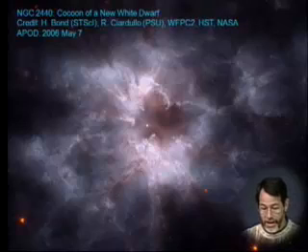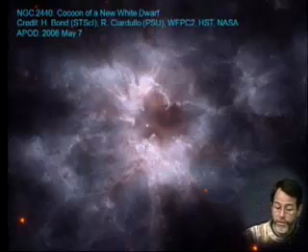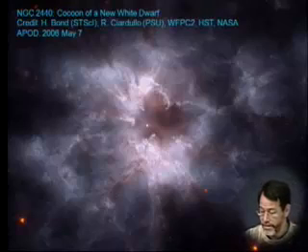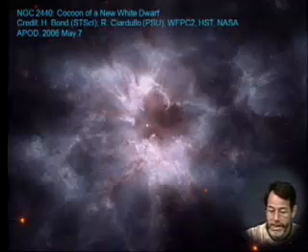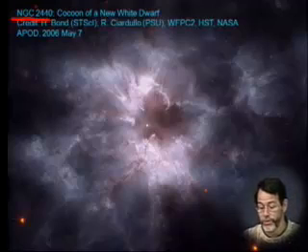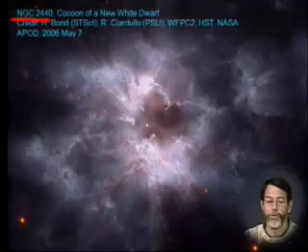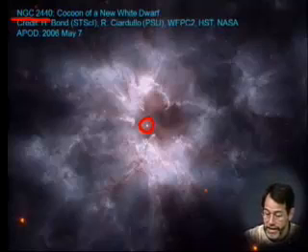Okay. NGC 2440. Let's go back. Let's go to red again. So NGC 2440 is dimmer and smaller than the Ring Nebula in terms of angular size, but it's more in its early stage, apparently. Here we see a white dwarf or budding white dwarf, and you can see that the